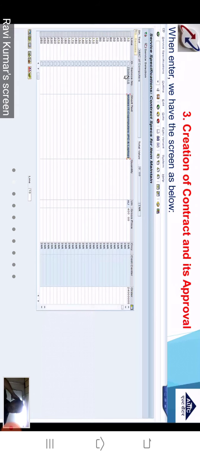Then naturally, now it's time to complete this maintenance, that is the APO or contract, by saving this document. Then proceed to save the window, and we have the need-based APO created by number so and so.